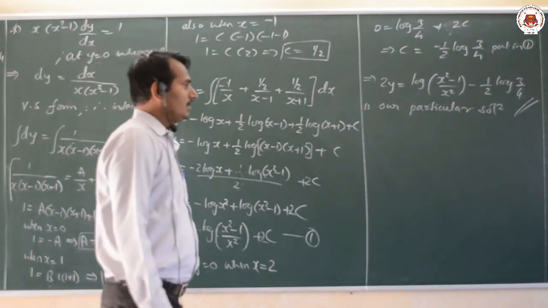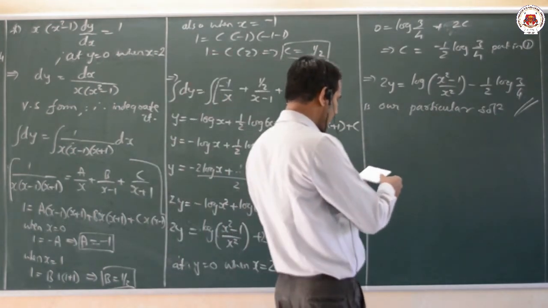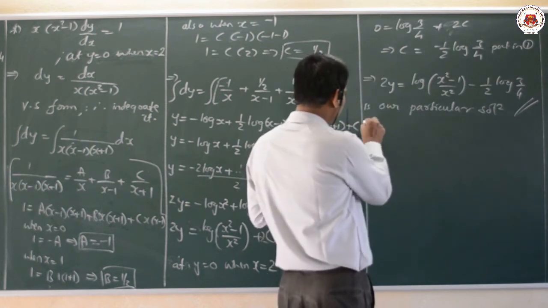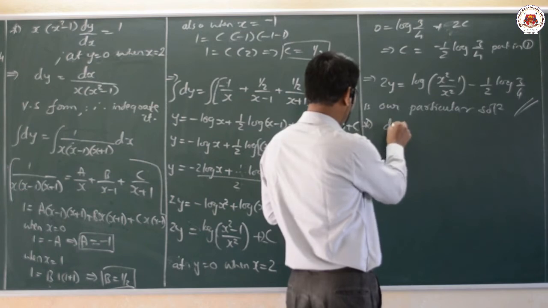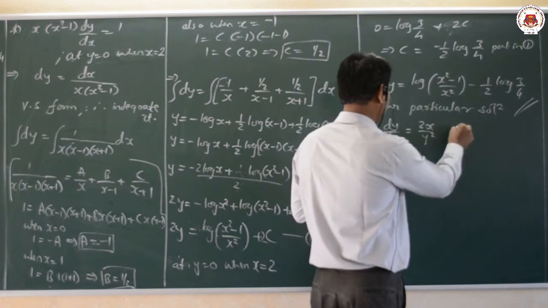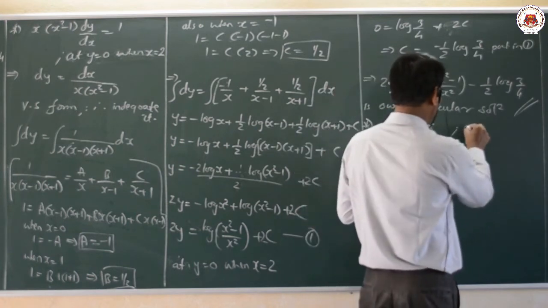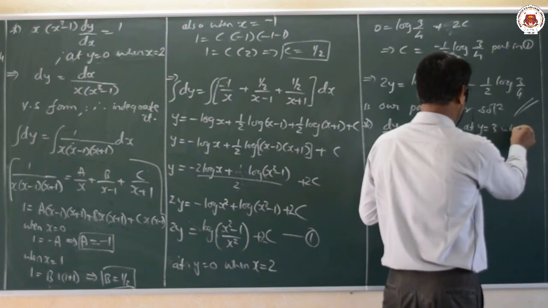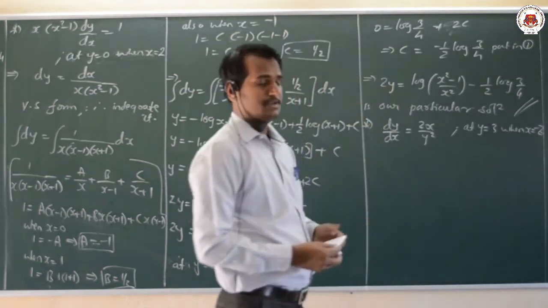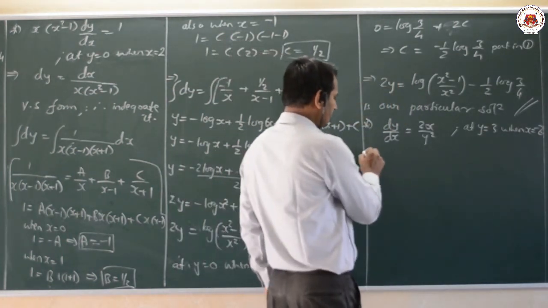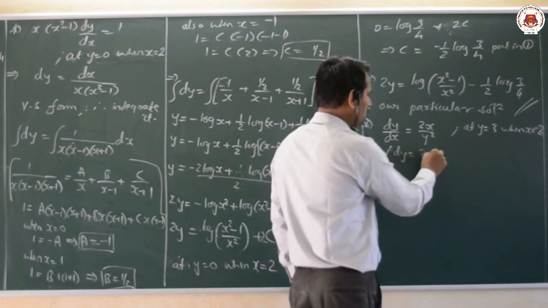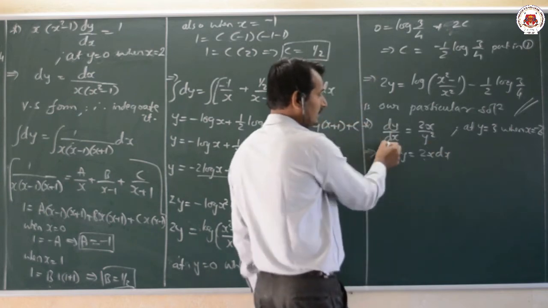Okay, dear students, now let us move on with the next, very simple example. Okay, dear students, the next example is, so here differential equation is given, that is dy by dx equal to 2x divided by y square, and the initial condition is given at y is equal to 3 when x equal to minus 2, when x equal to minus 2 here, that we shall substitute. Now here what we get, that is nothing but here dy by dx. Now here y square dy equal to 2x dx, directly that is y square I will interchange here.